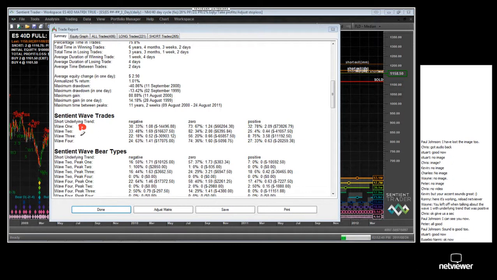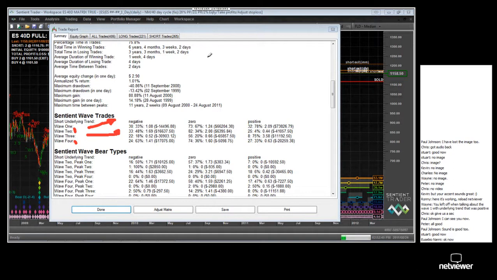The first thing is that wave 1 is, of course, I'm not going to be able to write bull in there, am I? Okay, that's a mistake. Wave 1 is a bullish trade. In other words, you make money by going up. Wave 3 is also a bullish trade, making money by going up. Wave 2, you make money by going down, and wave 4, you make money by going down.